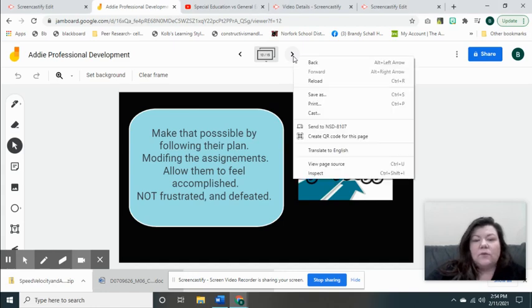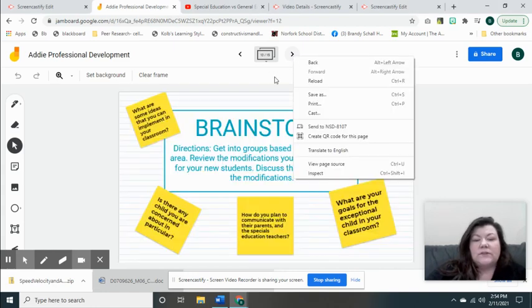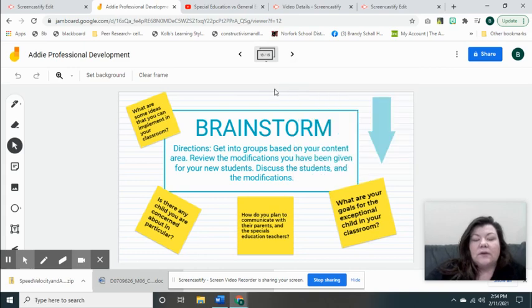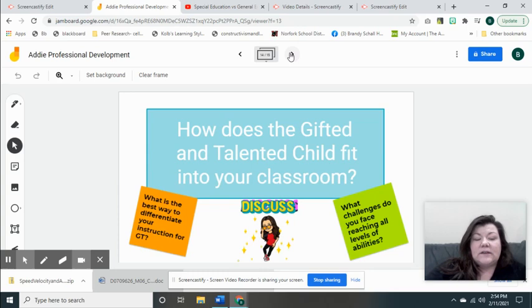So, one thing that I want to do today is brainstorm, how do we help them succeed in the classroom? What are your plans for your classroom? What modifications can you put in place to help them accomplish what they need to accomplish in your room? And then we need to discuss how gifted and talented fits into these modifications, because they also need some individual plans to challenge their needs as